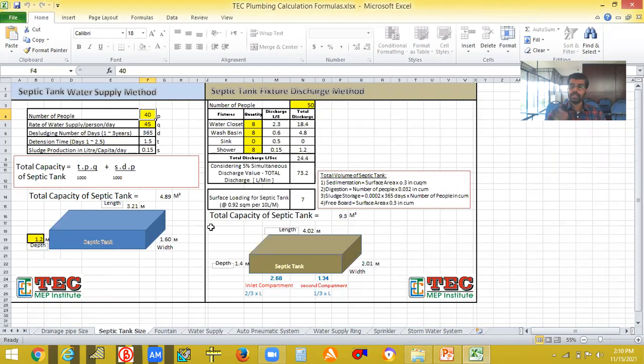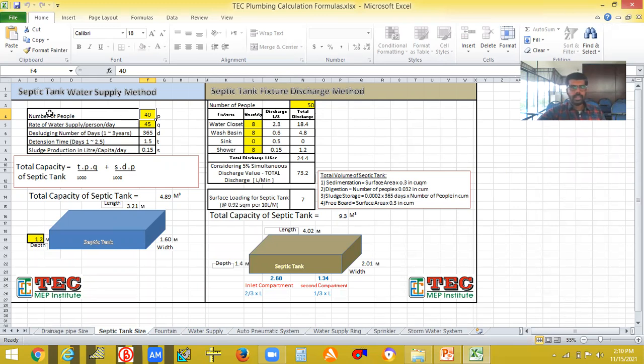Last day we were dealing with finding out the septic tank design by these two methods manually. We have already seen this. Now, when coming to the Excel sheet, you just need to give only the values shown in yellow. Wherever the yellow mark is shown, you just give the values. Automatically you'll get the capacity of the septic tank as well as the length, width and depth. Okay, so let's see. You can use any two methods.